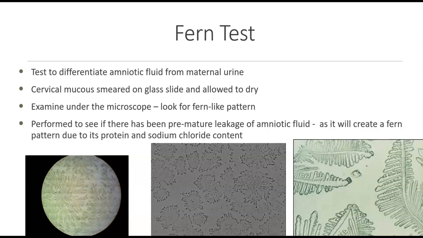Many times I was interrupted doing my work by a physician wanting to borrow my microscope, which was fine, because this takes a few seconds. You look at it, is ferning present or not? And this is performed to see if there has been premature leakage of amniotic fluid, and again, it will create a fern pattern due to the protein present if this is amniotic fluid, as well as